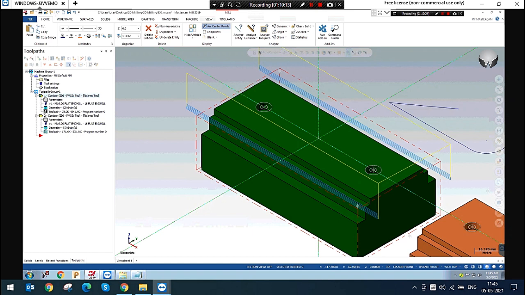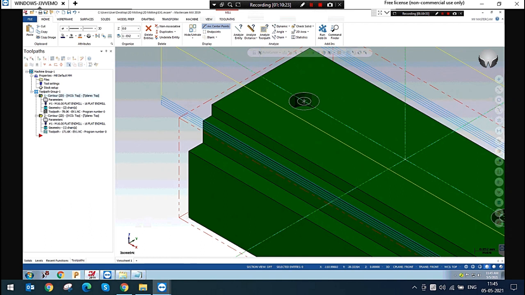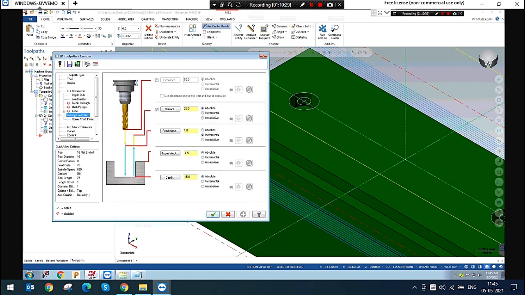What happened? Because of the incremental, the absolute will go from the offset from the model. If you need to give incremental, you need to give the length of this depth. If I give incremental, I don't need to give 15 mm from the top offset. I need to give 15 minus 4.5.